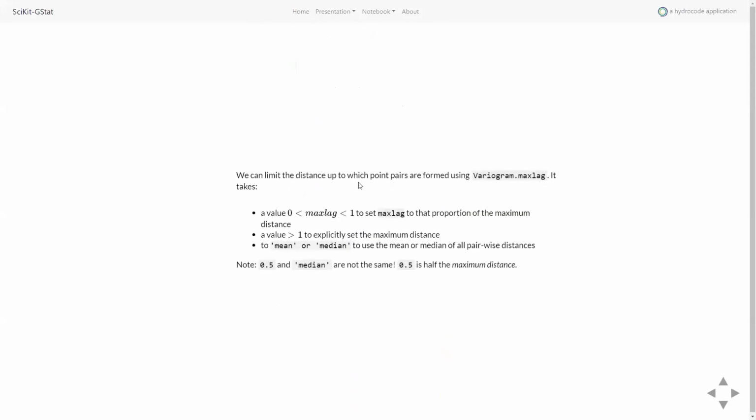That's why usually we would want to limit the extent of the variogram. So how far are 2 points allowed to be separated to still form a point pair? And the variogram has the max lag parameter, which is quite flexible. You have 3 possibilities to put in something. So the default is a none, so there is no max lag, but if you want to set one, you